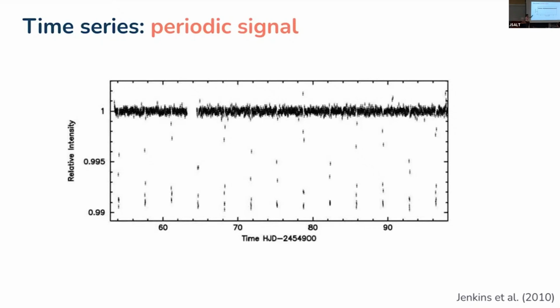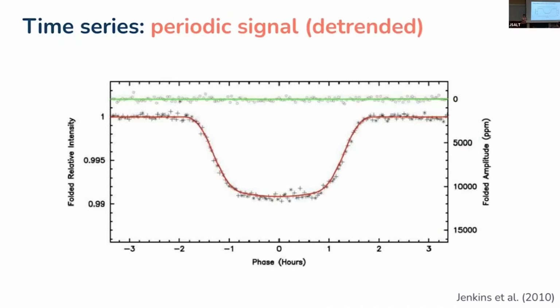And so you actually see these periodic blips when the planet passes in front of the star, right? This is called transits. When the exoplanet passes in front of the star and you're looking at it, all you're seeing is kind of the shadow of that blip. So the relative intensity is, in this case, 99% of the flux of the star. Sometimes it can be in the parts per thousands or even parts per millions in terms of the difference in flux. And then if you take that and detrend, you basically wrap around the phase or the periodicity.